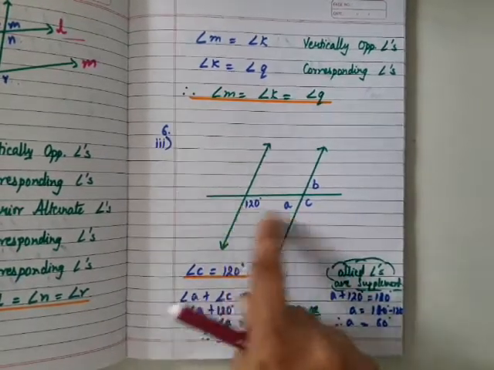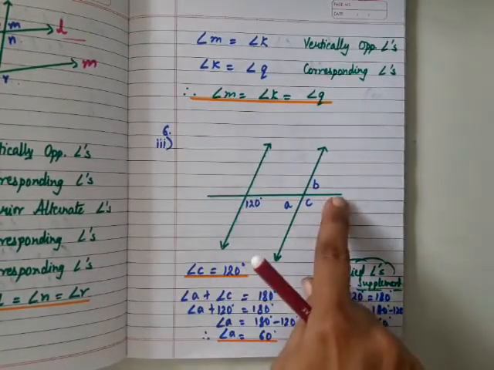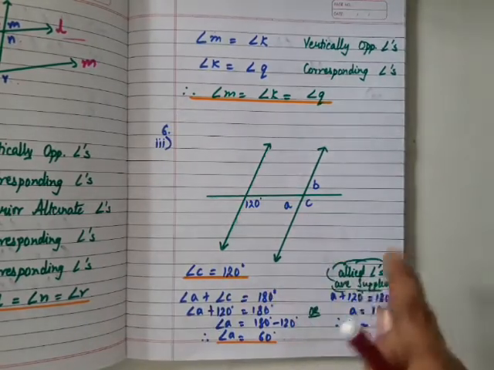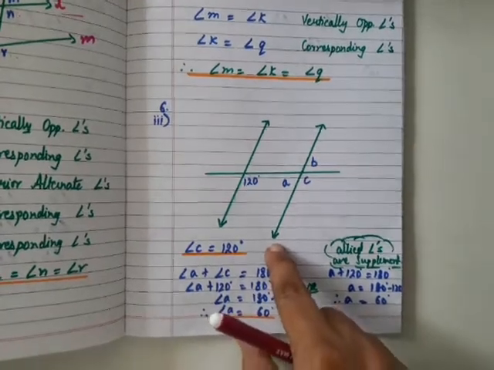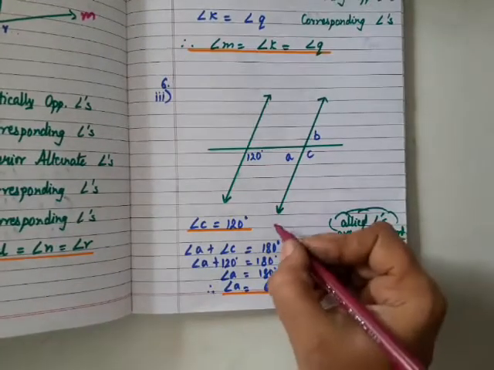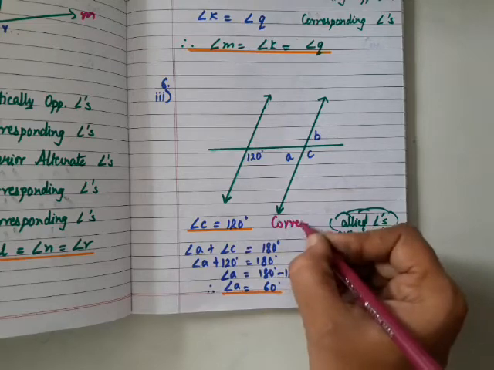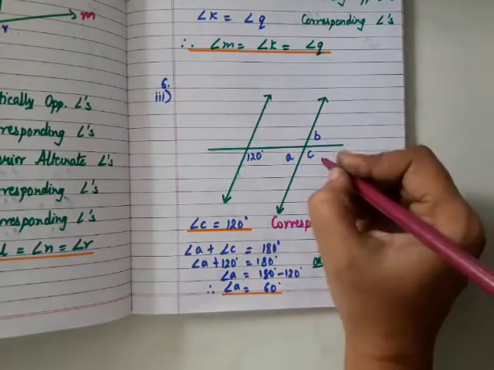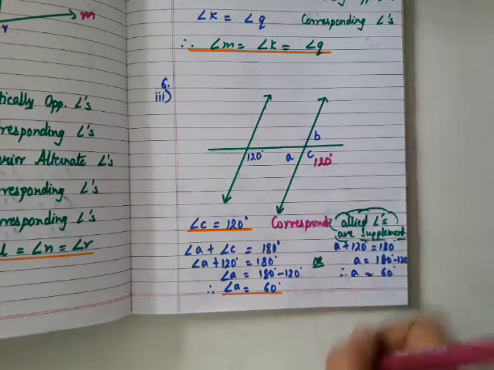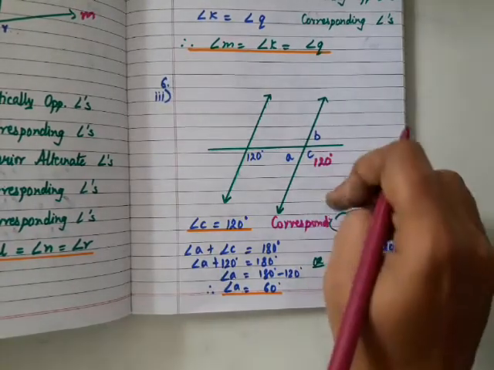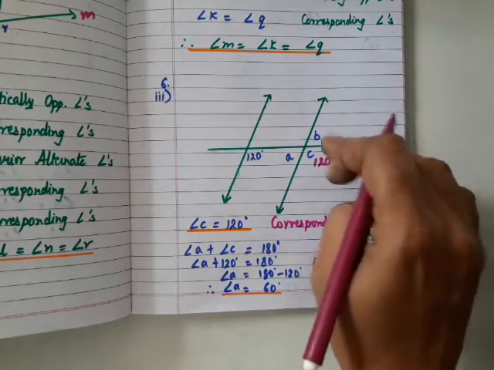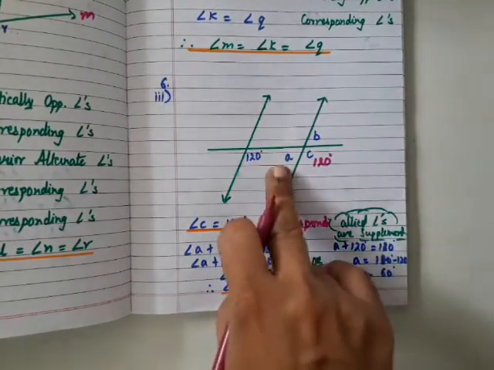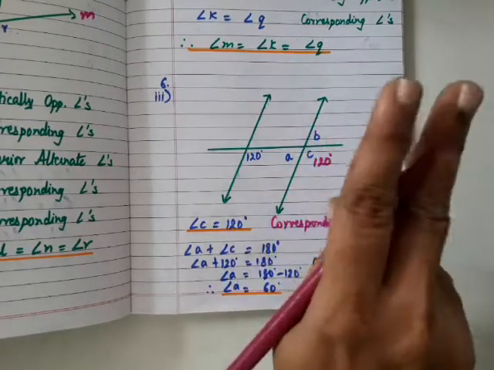Okay, so as these two lines are parallel and it is cut by a transversal, now 120 will be equal to angle C. What is the reason for it? You have to give the reason. They are corresponding angles. Now angle C you have found out as 120 degrees. Now see how you can find out the unknown angles with the help of the known angle. Now you have two ways of doing so. Finding out angle A or angle B, you can find it in two ways.